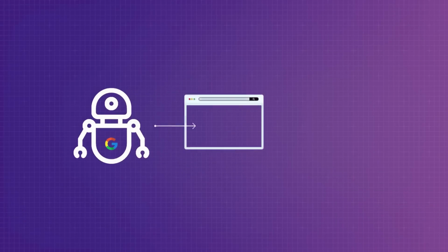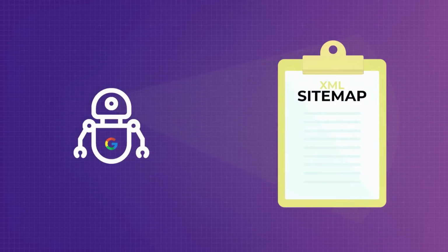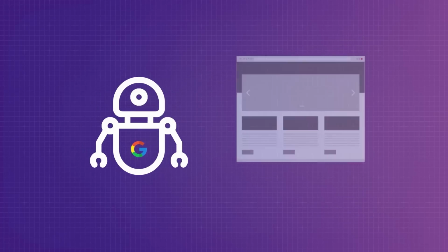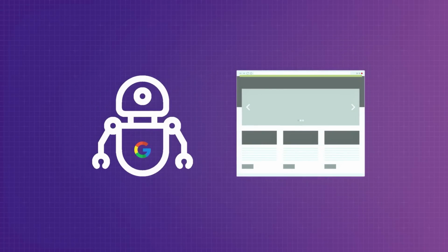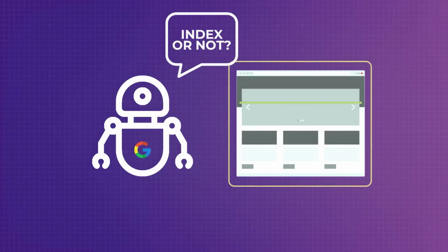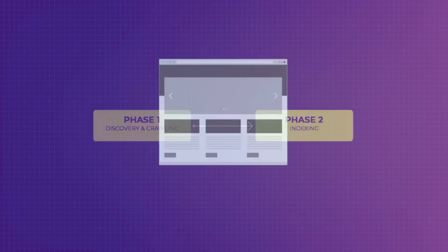It does that by either following a link from a known page to a new page or crawling a list of pages provided by site owners called sitemaps. Once Google discovers a page URL, it crawls the page to find out what's on it. It analyzes the non-text and text content as well as the overall visual layout to decide if a page should be sent for indexing. Once the page is found and crawled, the indexing phase will begin,